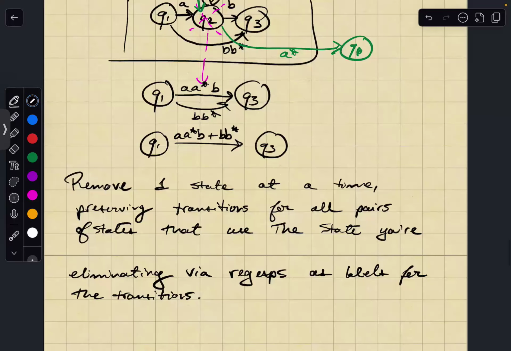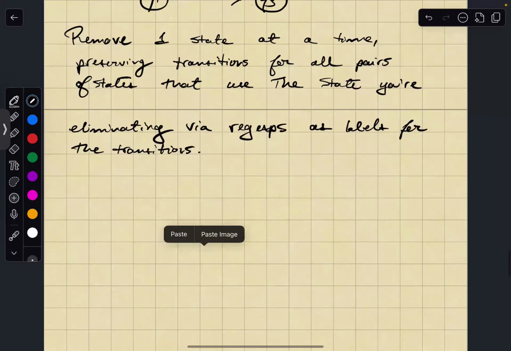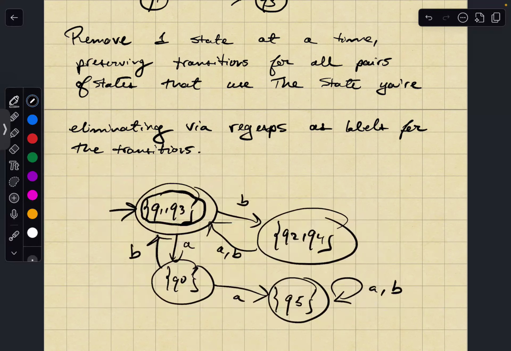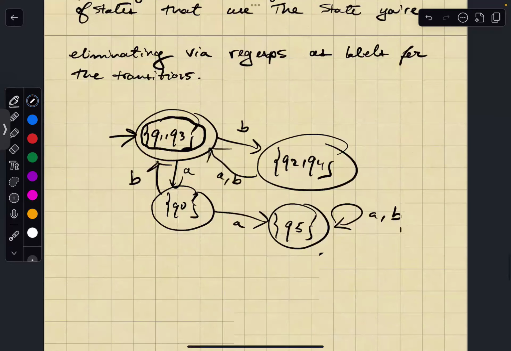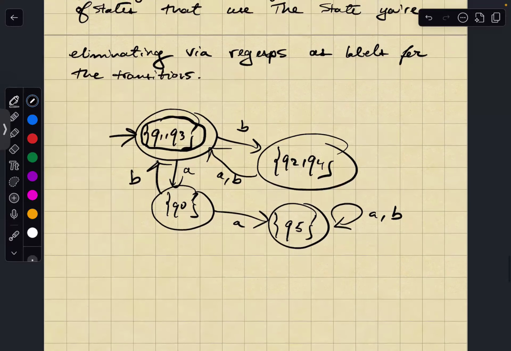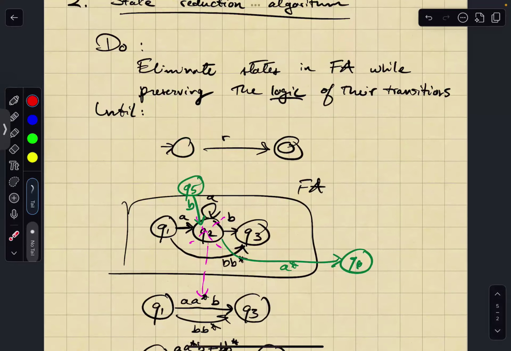Okay. So now let's actually try to run this conversion algorithm. Do I still have this saved? Ah, the ugly one. Okay, anyways, we're going to run it on this guy. Now, remember, my stopping condition, the goal I want, is to get to something that looks like this, right?